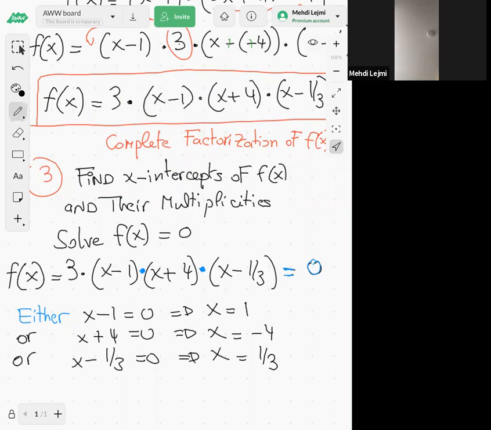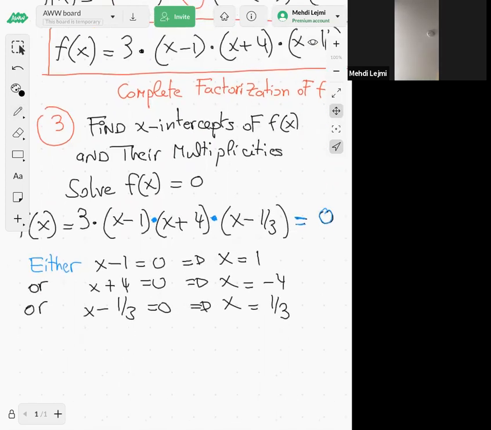So you see why this complete factorization is very useful, because you get a product. Your function f is just a product of factors, and you have a product of factors equal to 0, then one of the factors is 0. Okay, so yeah, we are done actually. So the final answer here, the x-intercepts